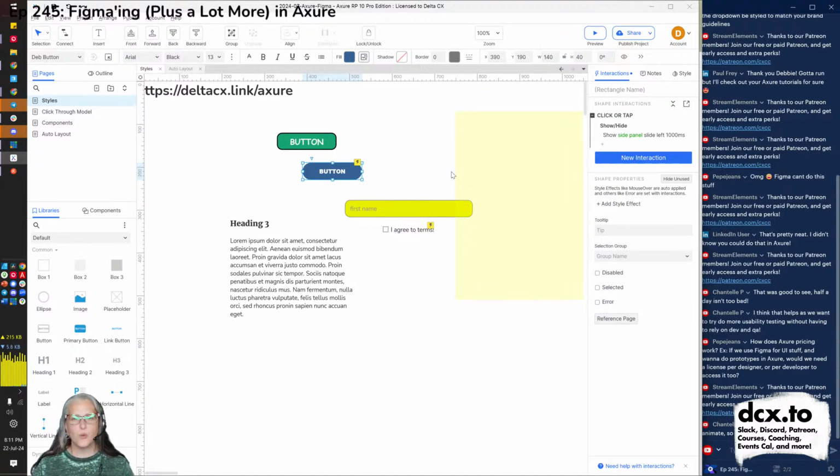And Chantel, what kinds of animations were you hoping to do? And maybe I can tell you if Axure can do it. Because again, we do have fade, we do have slide, we have move and rotate. We can pin things to the very side, which I didn't do here. So this one had a little bit of a margin, but you can pin it all the way to top, bottom, left, right kind of thing, or a corner. But yeah, Axure's not heavy on the animations or the micro animations. There are other tools that do that better.